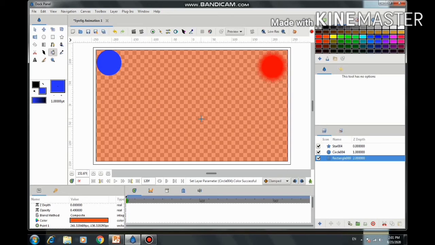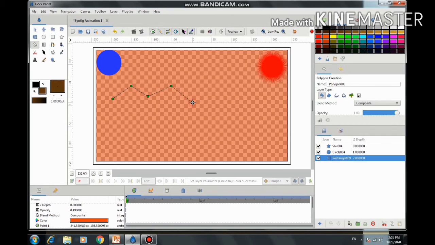Okay, now let us see the polygon tool. Select this polygon tool, select the color and start making points. Don't drag the points, simply click with the mouse and put the points. Don't keep the mouse clicked.